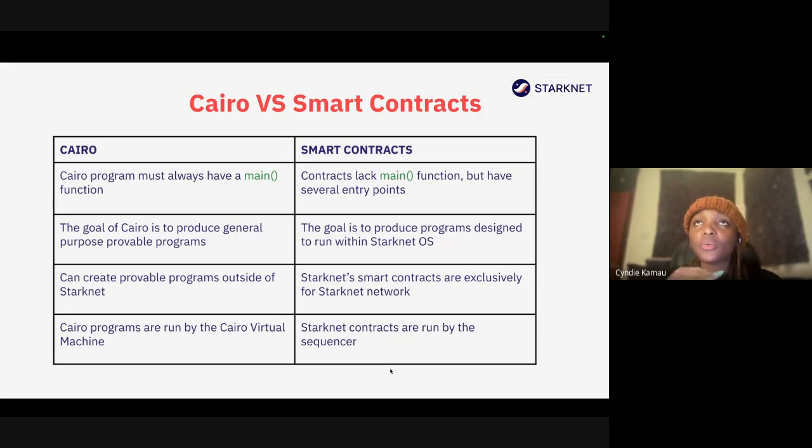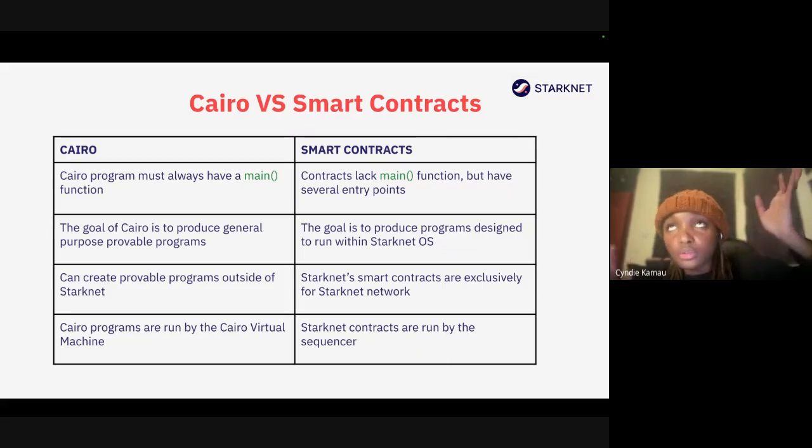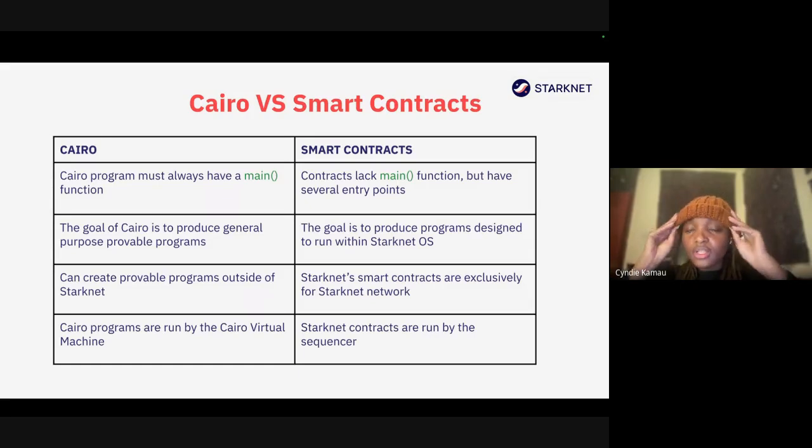Remember, I said the sequencer is responsible for ordering transactions. And in the beginning of the call, I said transactions are not just financial transactions, like sending 2 Stark tokens to Eve or Bob. Anything you do to interact with your contract needs to be run by the sequencer, so anything you've written that needs to write to the blockchain or get information from the blockchain is taken as a transaction run by the sequencer.